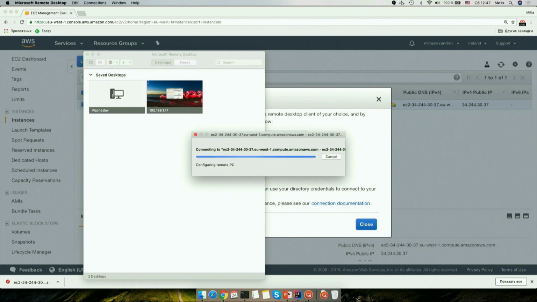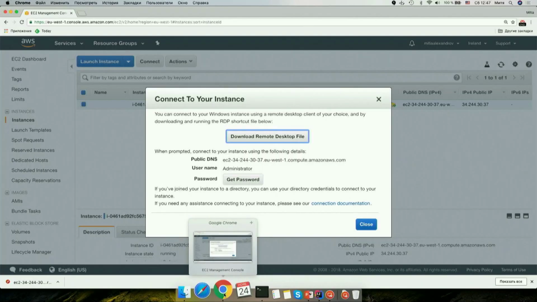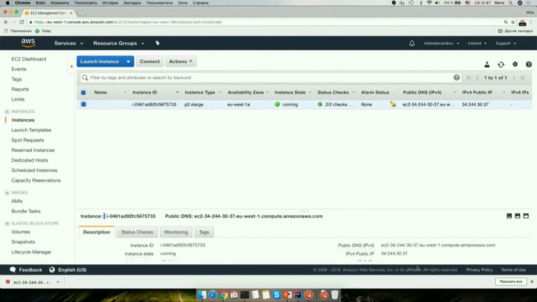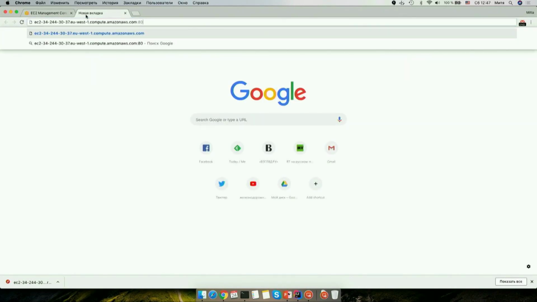So if you're not in a hurry for lunch, I hope you're going to like this demo. Oh yes, it's running. Now, as you see, somewhere in the clouds there is this machine. Oh, actually, they finally have provided this copy to clipboard button. And we are running on port 8080, of course, because it's a Tomee server.